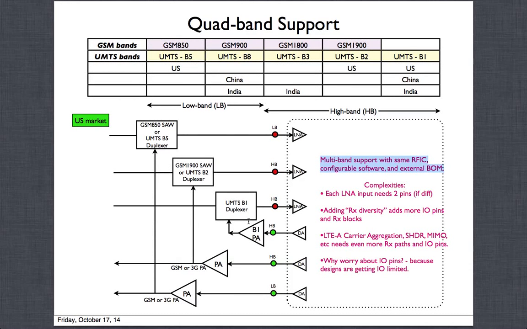So they start from a single reference design, a phone reference design, which is basically a PCB with all the bill of materials. What is the RFIC transceiver, what is the baseband processor, what are the different duplexers, filters, switches and all that they need, and from there they derive different phone designs for each of these markets. So they start from a single design and maybe come to 4 or 5 different flavors of the PCB with slightly different components based on what band duplexers or what band SAWs are there, and then just go into volume production, and all those PCBs end up being different phones, right? So that's how this support works.